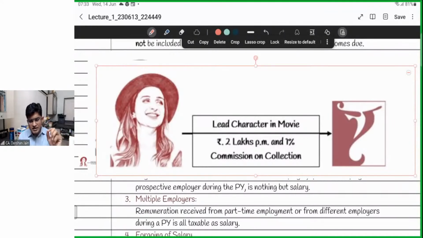I'll discuss that landmark ruling in a short while, but understand this commission is received by Parineeti by virtue of her employment with Yash Raj. Had she not been employed, she would not have got this 1% commission on collection. And therefore, this is found to be incidental to the employer-employee relationship and forms part of the salary. Yes. Here, since there is an employer-employee relationship, it would still continue to be taxed as salary. However,